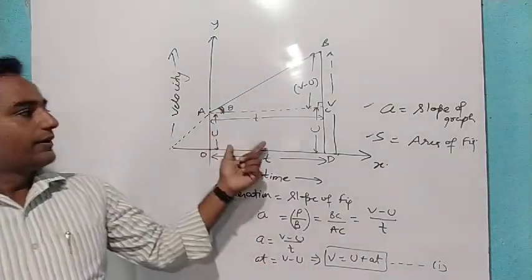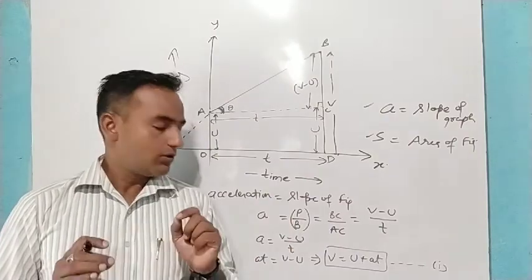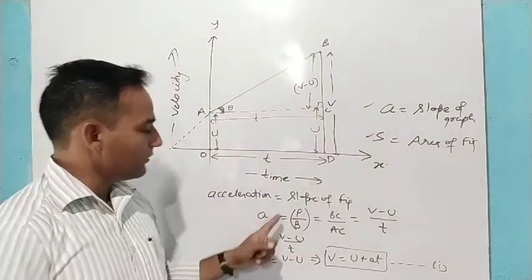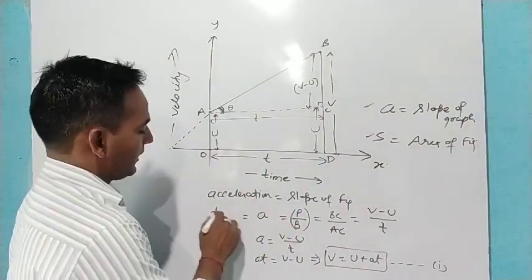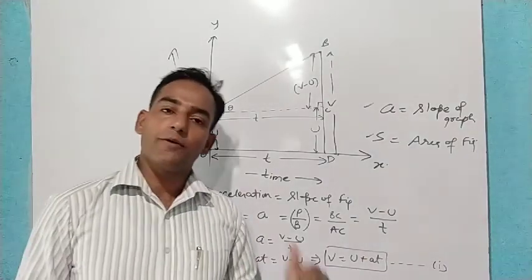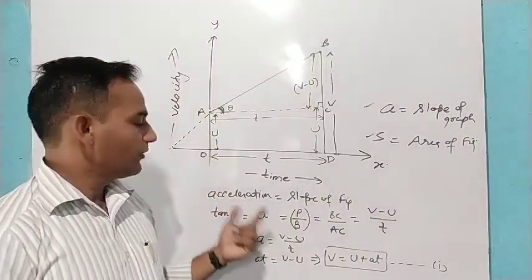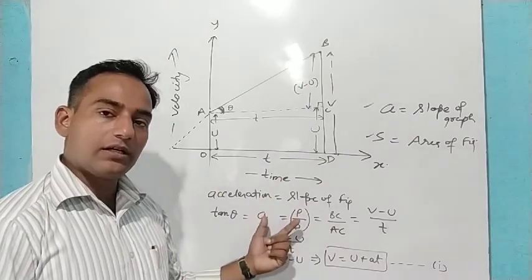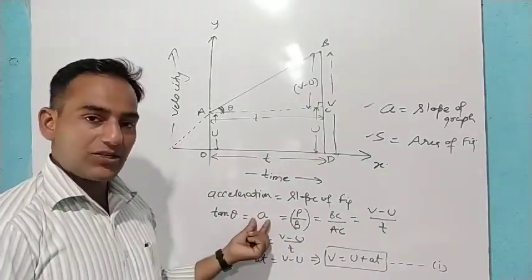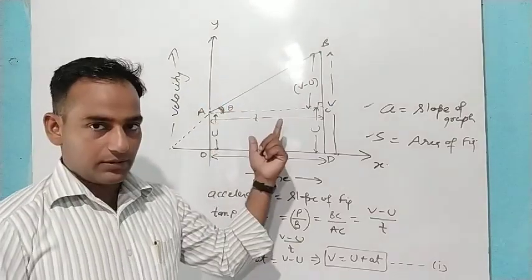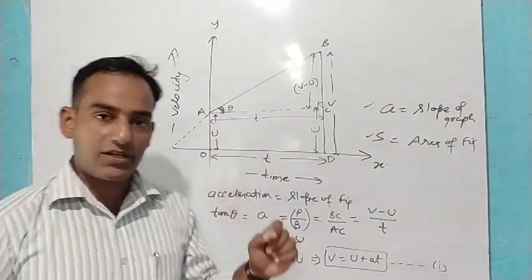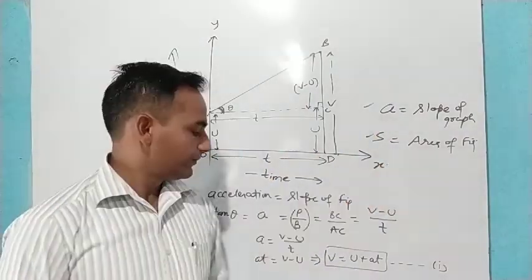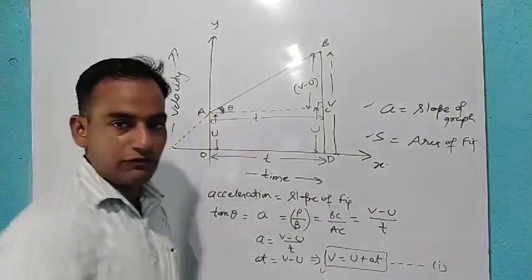Listen very carefully. To find the acceleration of the graph or the object, we will find the slope. And the slope formula is perpendicular upon base. This is called tan theta. Tan theta means perpendicular upon base. These things we will study in trigonometry. For now, please remember this. So tan theta is equal to perpendicular upon base, and theta with tan is called acceleration in the graph method. If we have a velocity time graph, to find acceleration, we will find the slope, and to find the displacement, we will find the area of the figure. So this way we will find the first equation of motion.